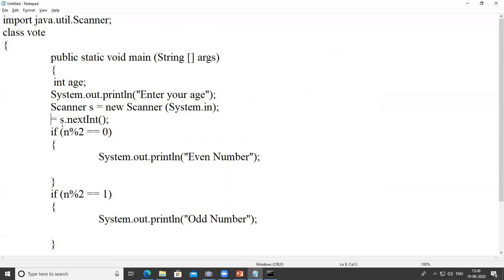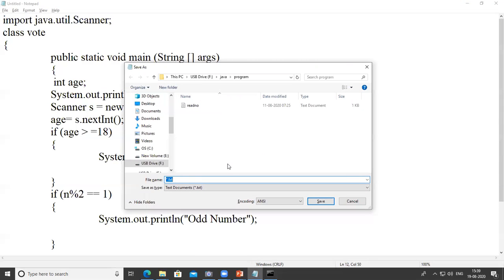Store it in variable age. If age is greater than or equal to 18, then person is eligible for vote. Okay, save the program.